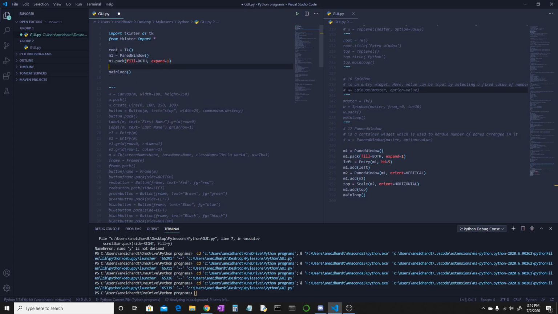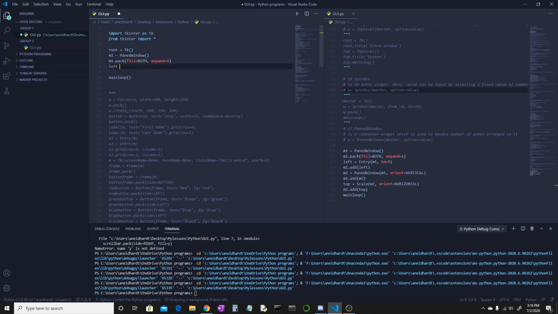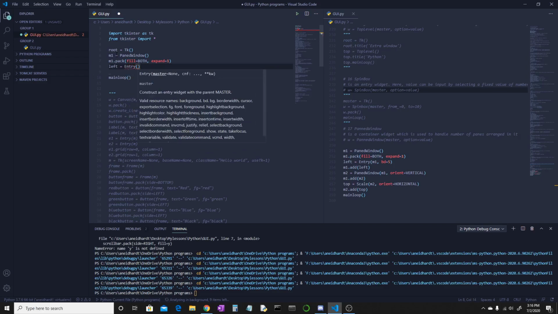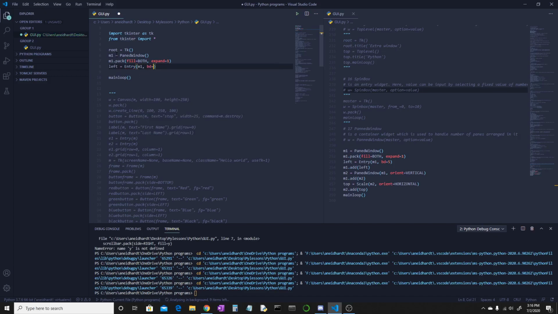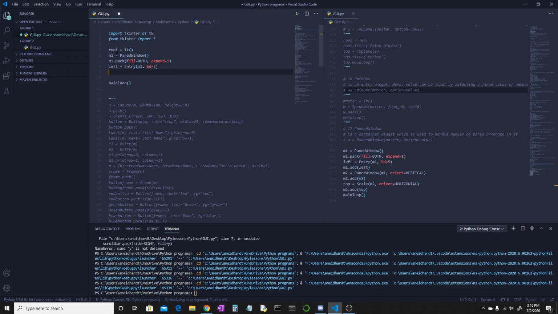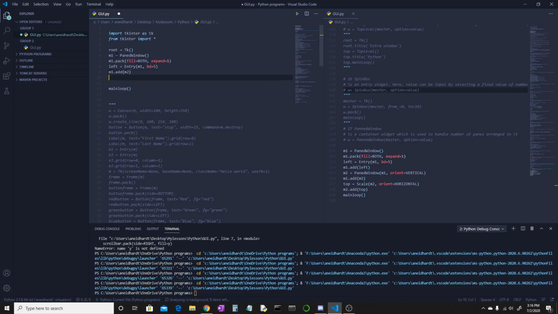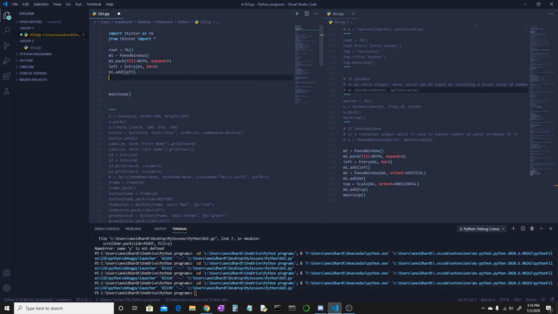We're going to create an object called left and set it equal to capital Entry. And in parentheses, we're going to say m1, comma, bd equals 5. We're going to say m1 dot add left. And then we create an object called m2, and we're going to set it equal to PanedWindow, parentheses,